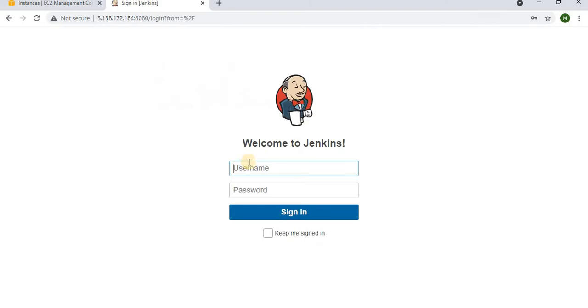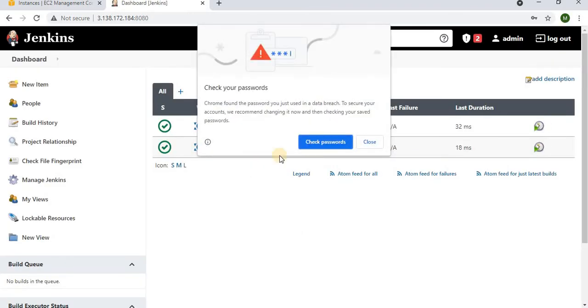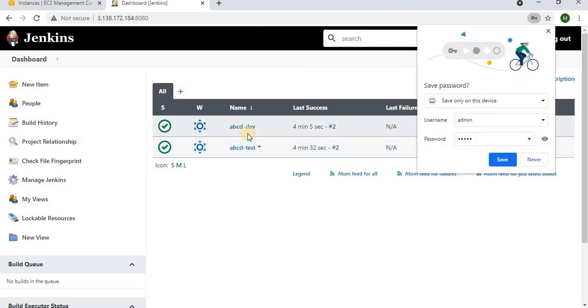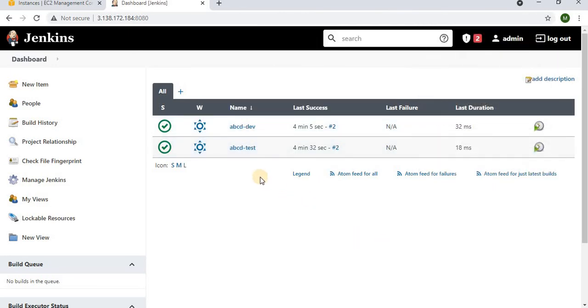Okay, so now what we'll do, so now the user tester and developer came to us. Actually dear admin, we need certain permissions to certain projects. Okay, so I need that because I'm not able to log into Jenkins, so I need certain permissions. Let's say developer is asking, I need certain permission to the ABCD dev project. Tester is asking, I need certain permission to the ABCD test project. Okay, so now what this admin can do,